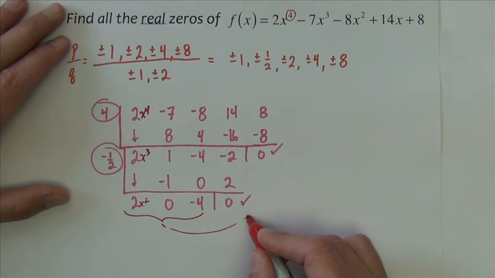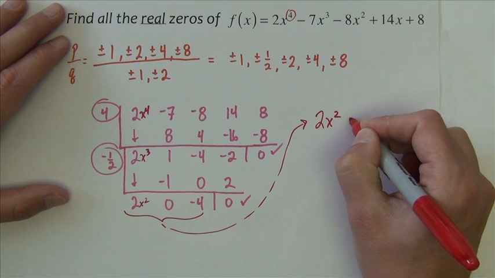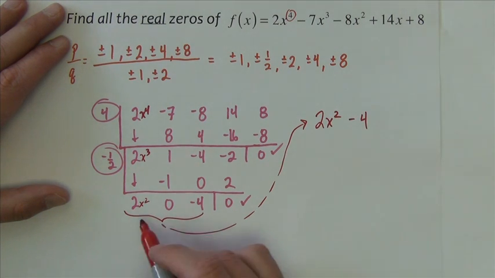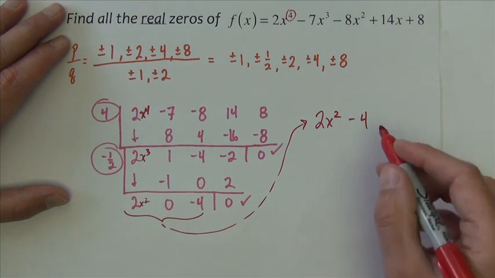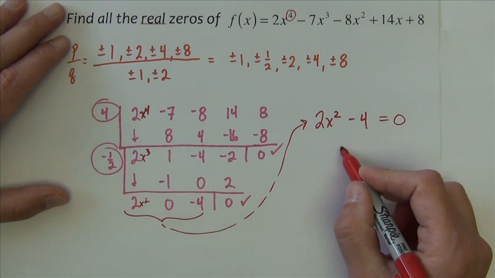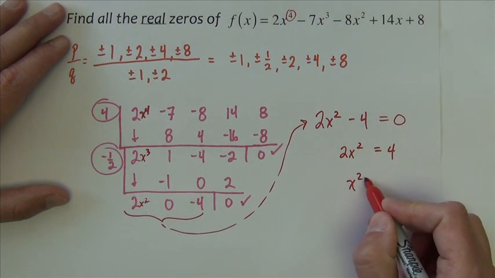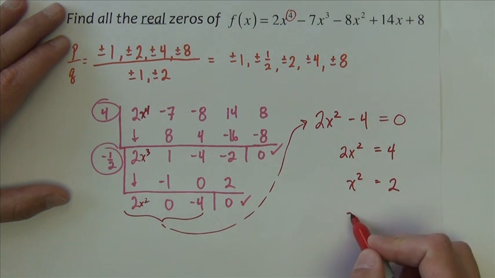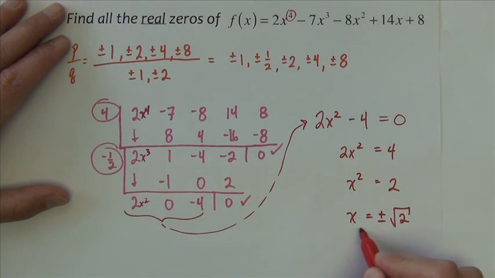So this is 2x squared minus 4. That's what's left over. I can't factor that. But I can solve it. If I set it equal to 0, solve for x squared, and then solve for x,